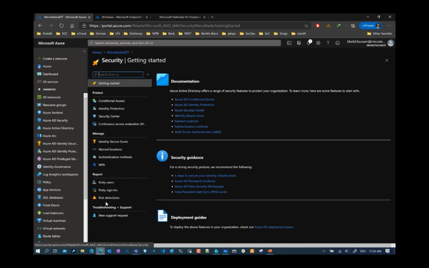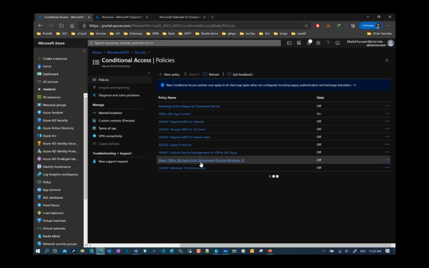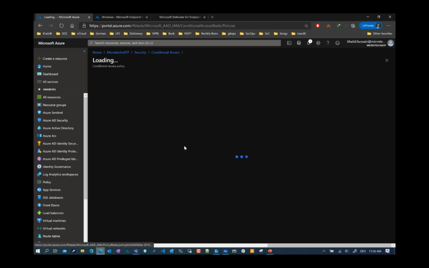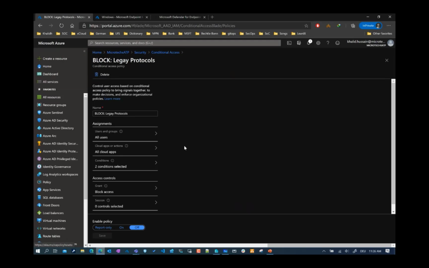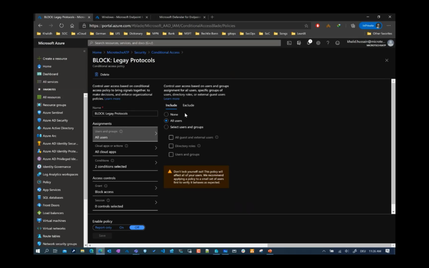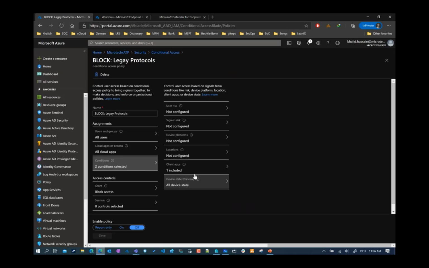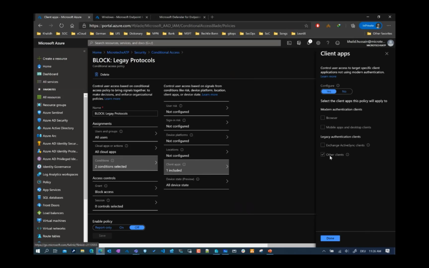I will go, first task is to create the conditional access. Specifically, I want to block legacy protocols so that no one can access my resources inside the Azure. Let's say I want to make it clear that all users using any cloud applications from